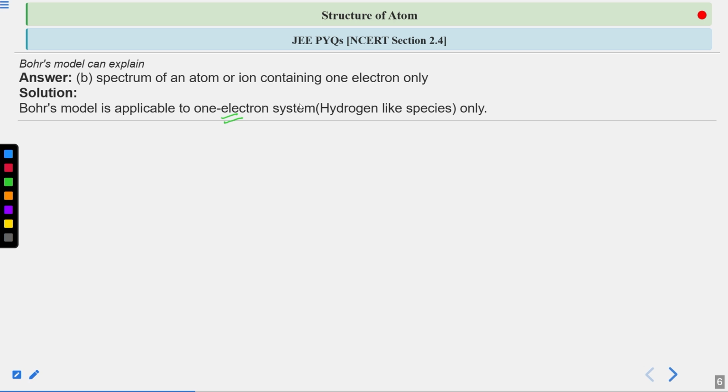Okay. So due to this new type of force, which is electron repulsion, which makes the situation complex, the theory was only applicable to one electron like species. So whatever calculation Bohr did, he kept this electron repulsion negligible, and as a result of that, his theory was only accurately applicable to hydrogen like species which have only one electron. Now the number of protons can be multiple. There is no restriction on it, but there is a restriction on the number of electrons. Got it?